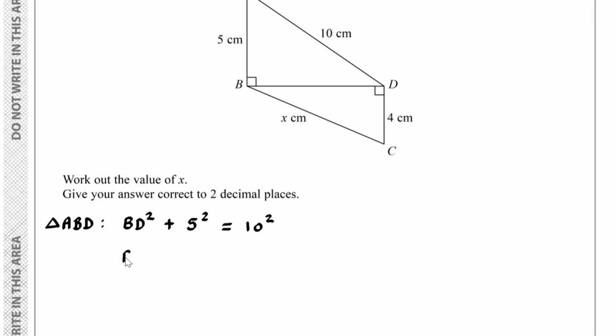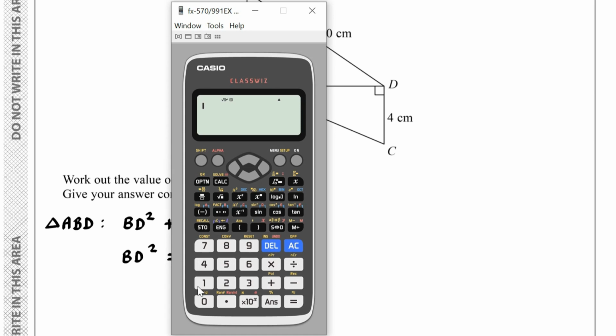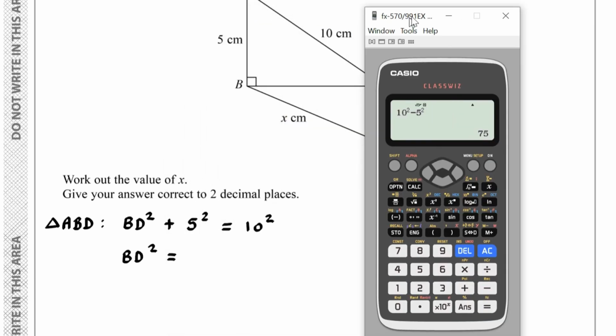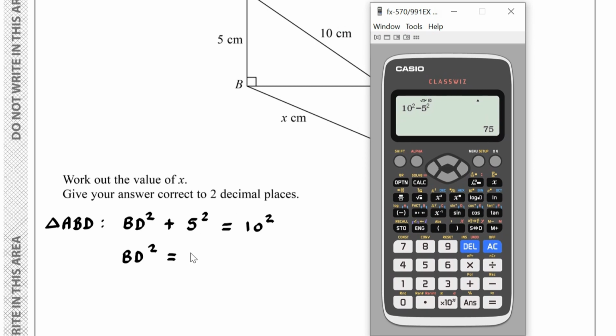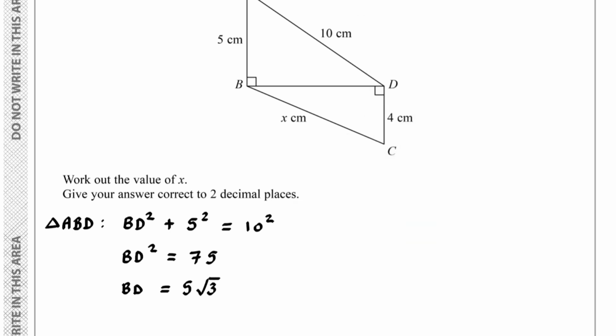So BD squared will equal 10 squared subtract 5 squared, which is 75. Which means BD is equal to the square root of this, which is 5 times by the square root of 3. So this length here is 5 root 3